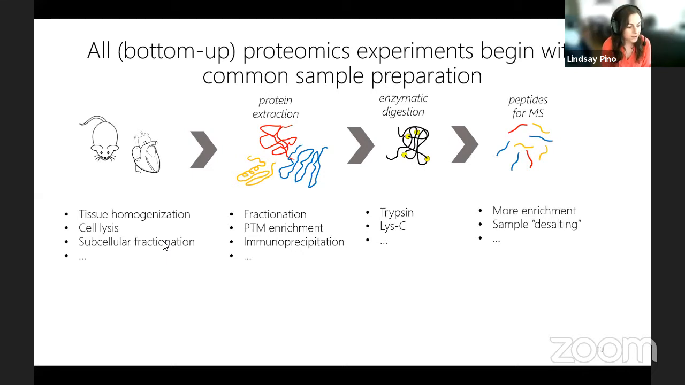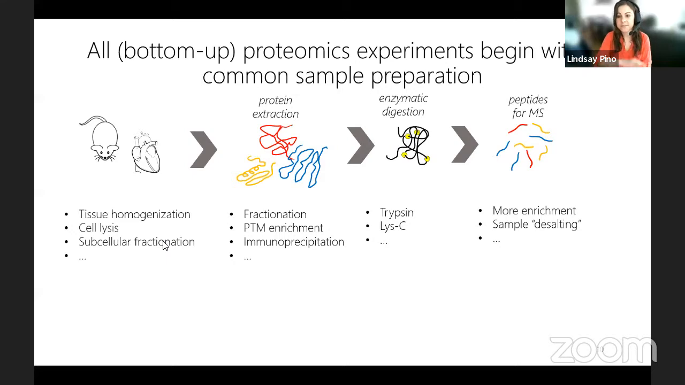And now finally, you get peptides for mass spectrometry. Sometimes you can do additional enrichments at the peptide step. So you might do a second round of enrichment for post-translational modifications like phosphorylation. Very commonly, we perform a sample desalting to remove all the reagents that were added to the sample upstream of these peptides. And at this point, now you have some mixture of peptides that is ready to put on the